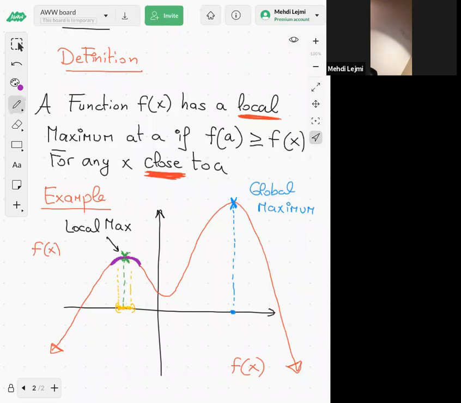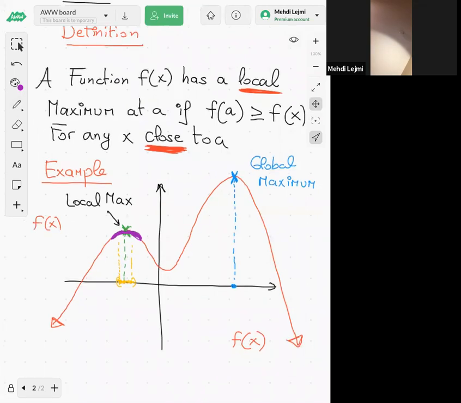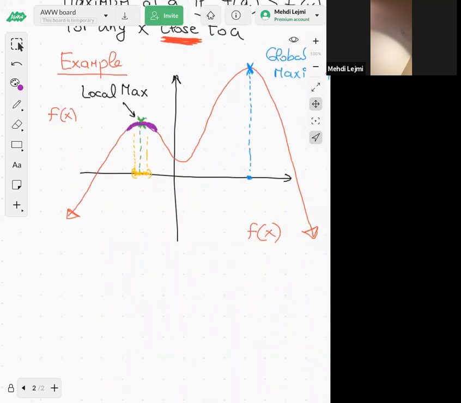It's not a global maximum, not the highest point of the whole graph. It's the highest point in this small neighborhood. So the idea is whenever you have like a parabola,